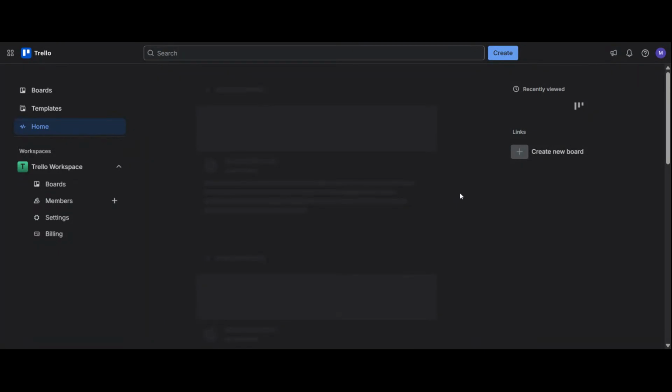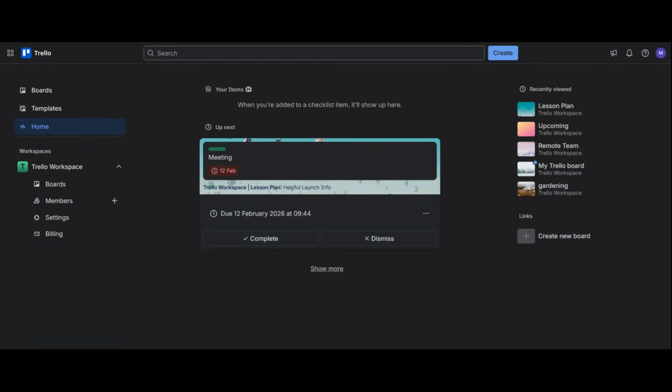In today's video, I'm going to show you exactly how to use Trello for social media management step by step. If you're struggling to organize your content ideas, keep track of posts, or manage workflow efficiently, Trello is an incredibly simple and powerful tool to help you stay on top of everything. By the end of this video, you'll have a fully functional social media board ready to plan, produce, and review